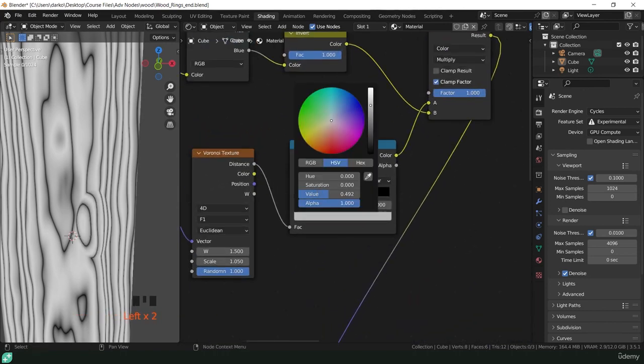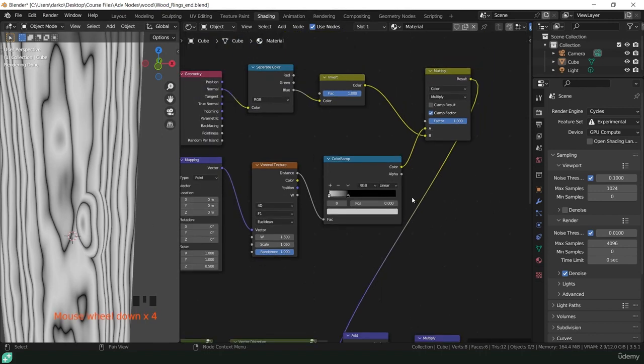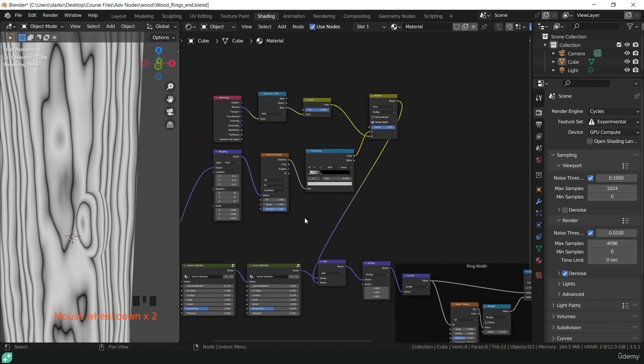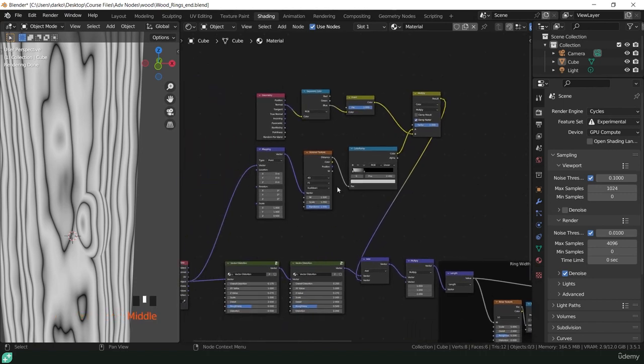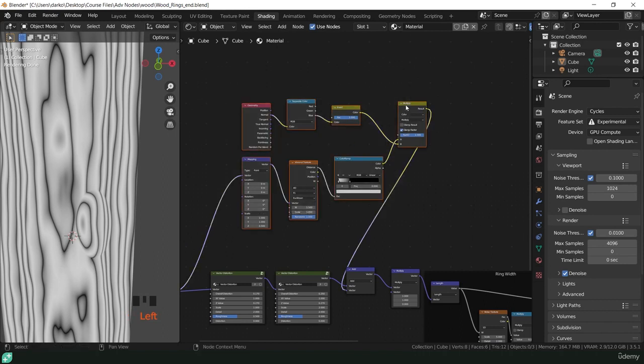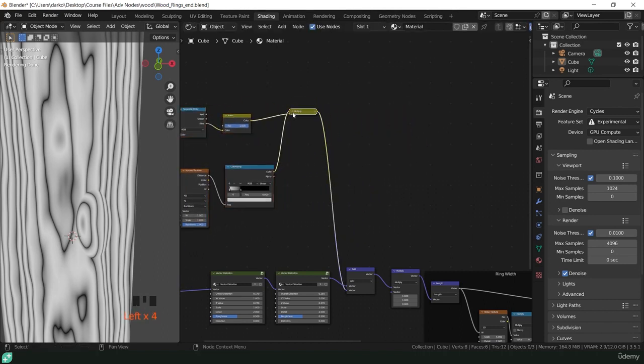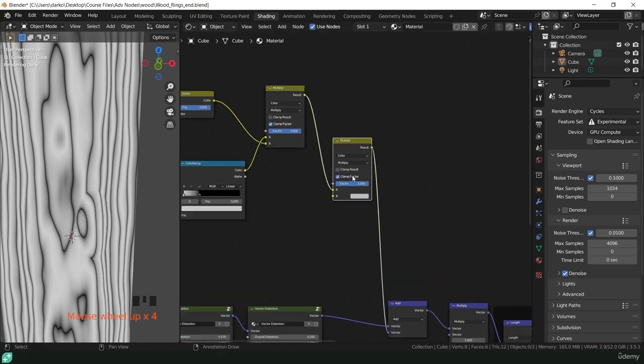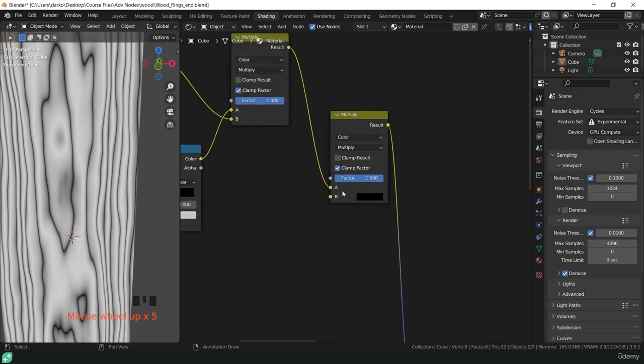Just this value, and yeah, that is one of the rings, so that actually looks pretty decent. Now it would help if we also had a control for determining whether we have any of this effect or not. So let's just move these nodes out of the way a little bit. Let's duplicate this multiply node. We'll put it here. We'll take this second value and we'll make it black,